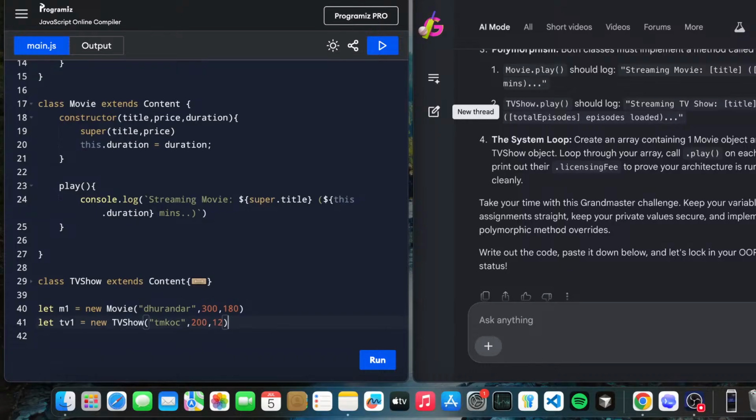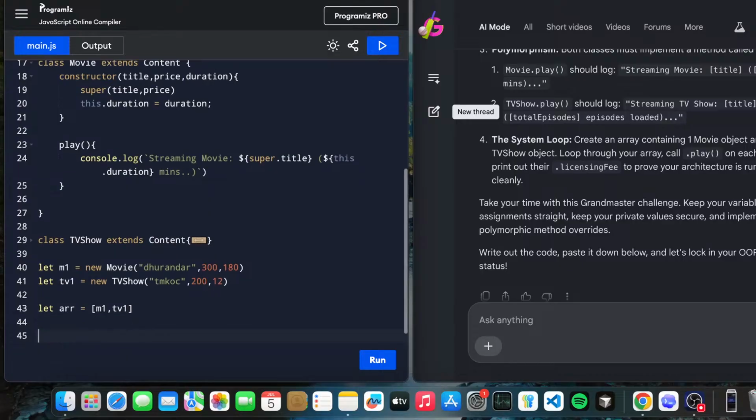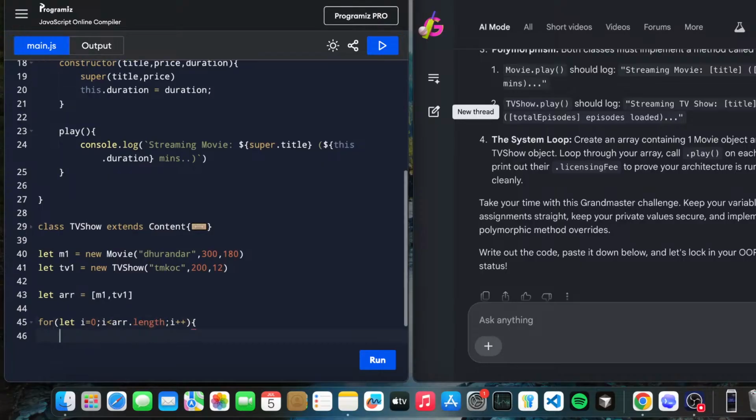Let array equal m1 comma tv1, and after that we will have a loop as per our question's requirement, i equals to array dot length and i plus plus. Let's loop this.